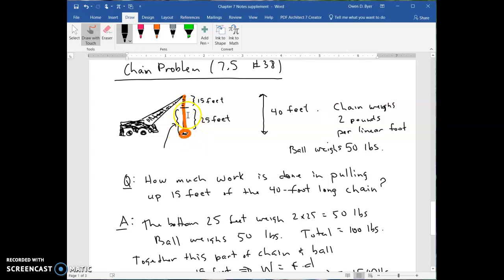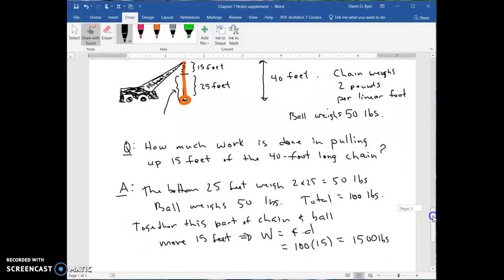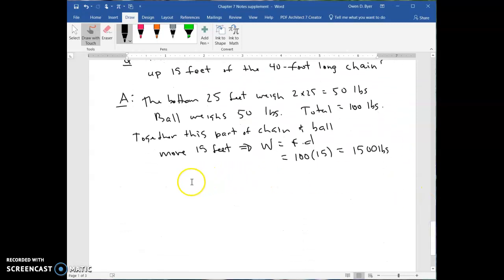Okay, again, that bottom 25 feet and the ball together just moves 15 feet. We can just not even use calculus, just multiply the force times the distance. But the top 15 feet, we need to use some calculus, and that would be